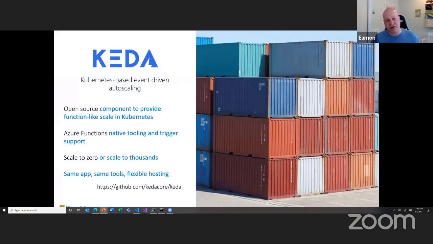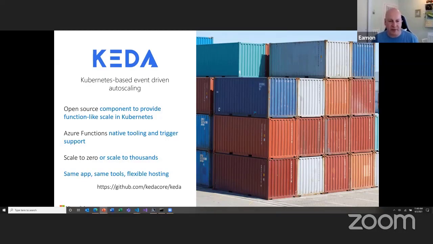But one of the things we've also introduced, working with Red Hat, is Kubernetes-based event-driven autoscaling, or KEDA. What KEDA allows you to do is take all of the scaling capabilities we have inside of Azure and use them in your own environments as well. So if you have a Kubernetes environment, you've taken the Functions runtime, and you want to do your own serverless environment and build everything out yourself on Kubernetes, you could take KEDA and get very similar capabilities to what we provide in Azure in your own local environment. That was one of the goals of releasing KEDA to the community and making it available for you guys to use in your own environments.